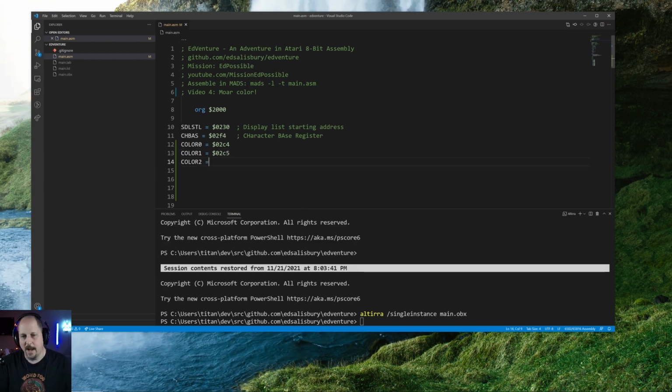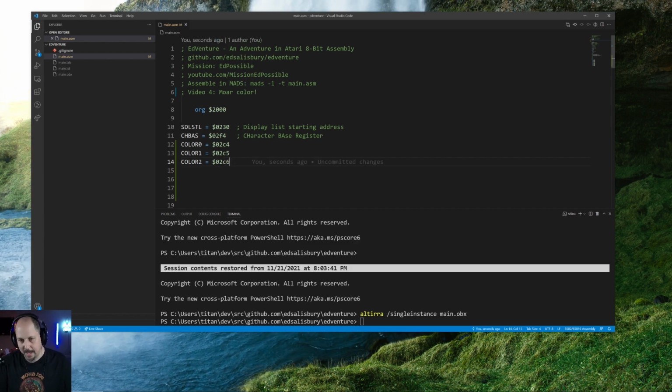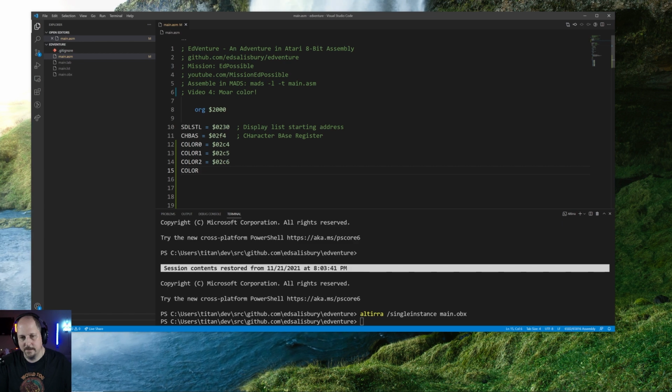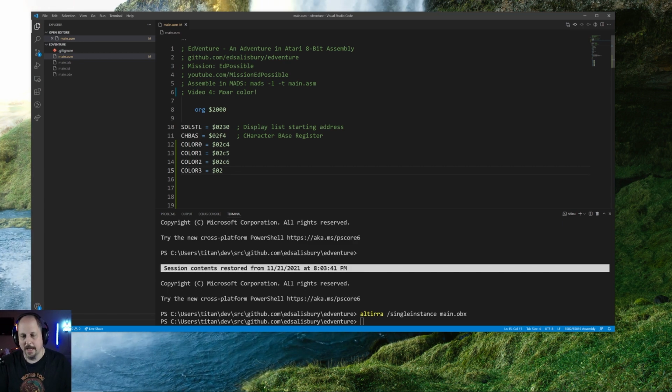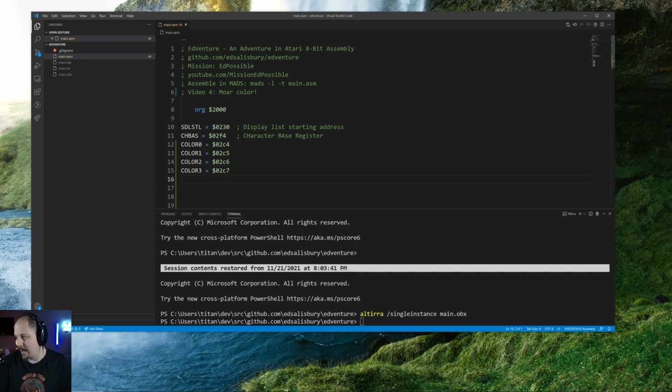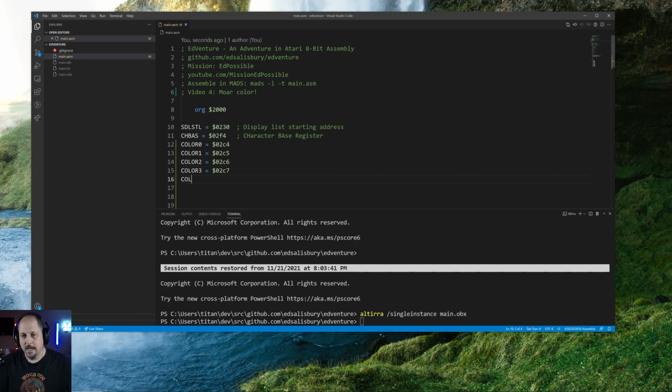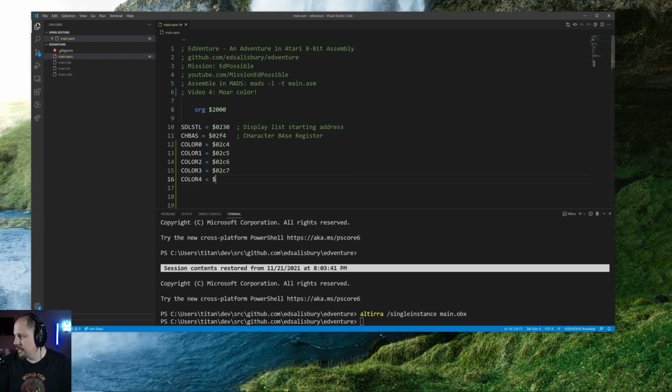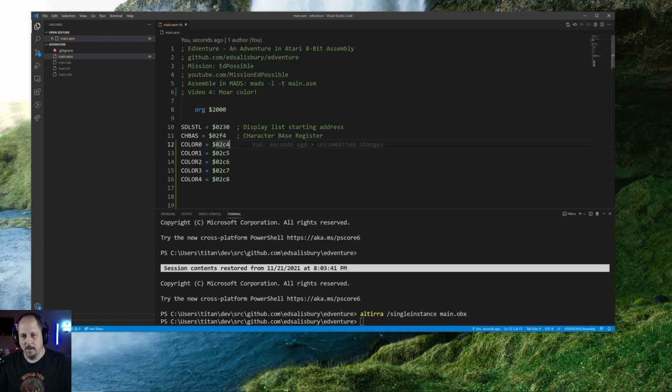We can do 5 colors in this mode, and so we can only show actually 4, and I'm going to go into why that is in just a second, or how we get to the 5th color. So we have 0, 1, 2, 3, and 4. 02C8, and I'm going to go ahead and put in some